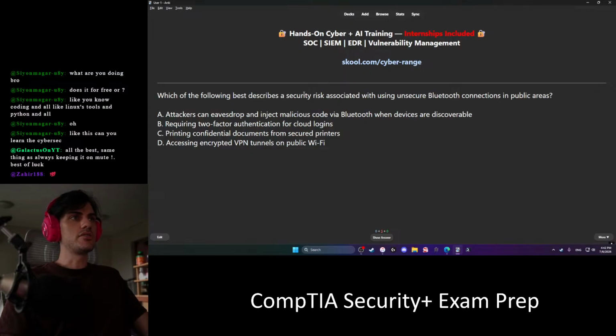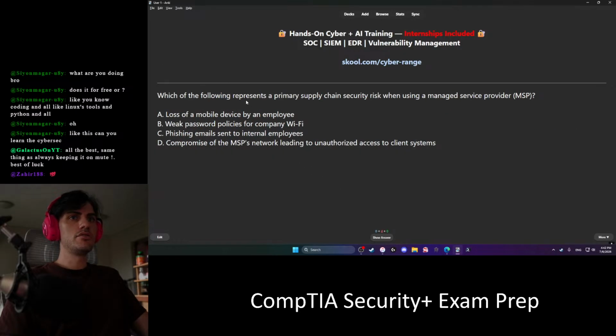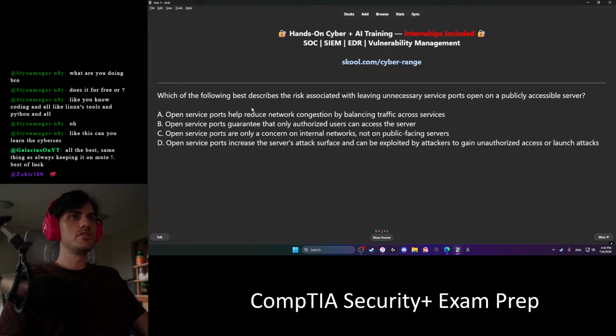Which of the following best describes security risks associated with unsecured Bluetooth? Attackers eavesdrop and inject malicious code via Bluetooth. Which of the following represents a primary supply chain security risk? Managed service provider. The MSP could get compromised and lead to unauthorized access to client systems. Which best describes the risk associated with leaving unnecessary service ports open?